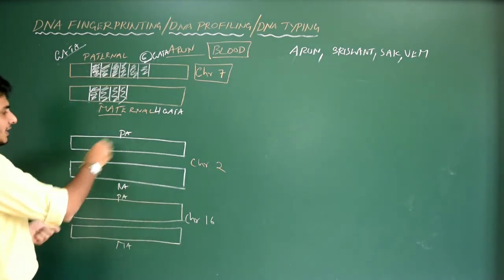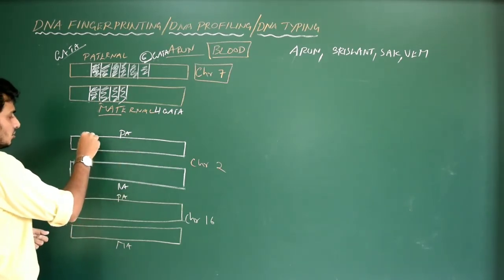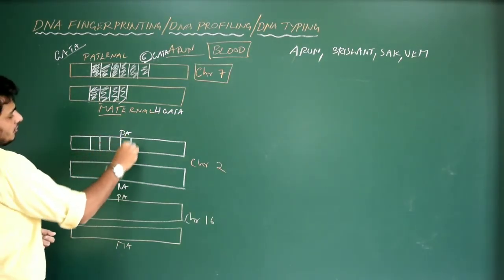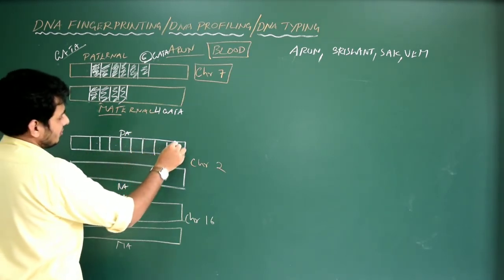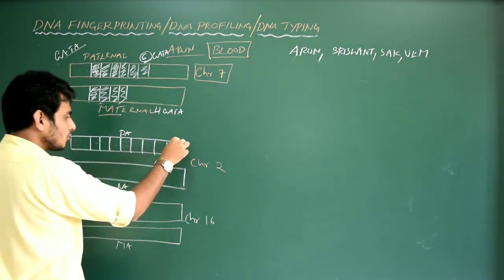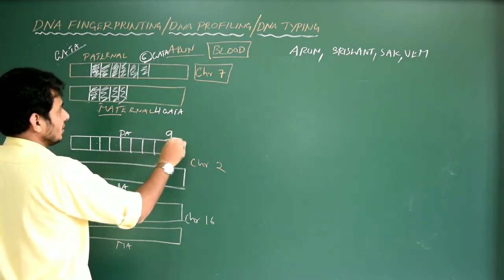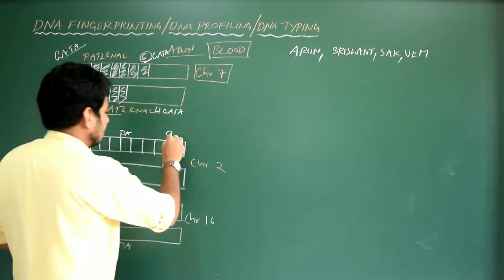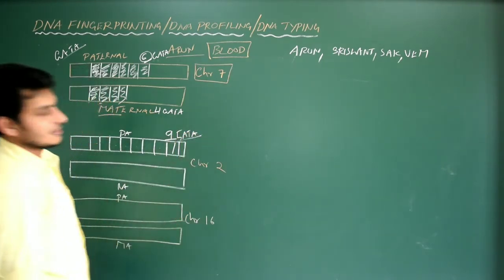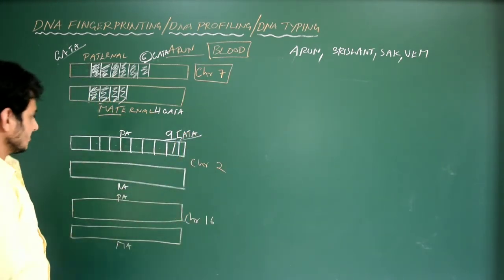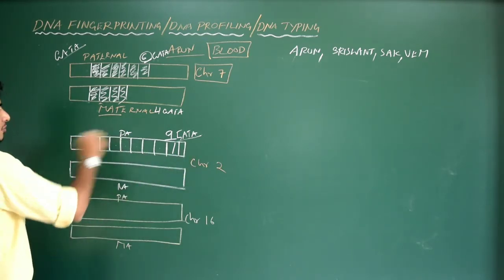Okay. Now again in this case, chromosome number 2, let me just consider 1, 3, 4, 5, 6, 7, okay, 8. So 8, we will put one more, 9. So how many are there? 9 are there. So 9 GATA sequences are there. That is 9 SSRs are there in this case, in the chromosome number 2, that is given by the father.